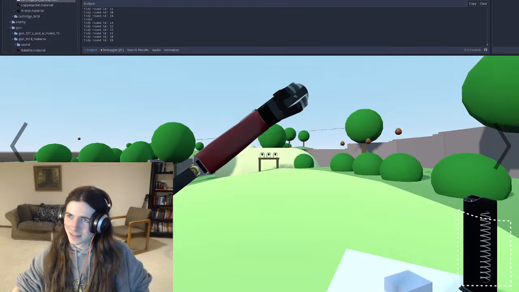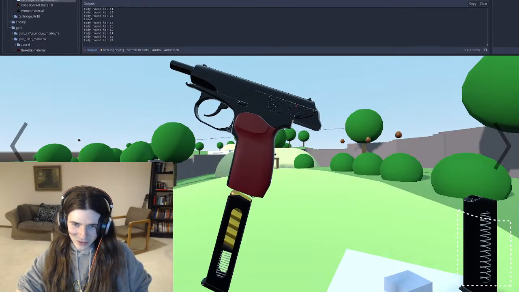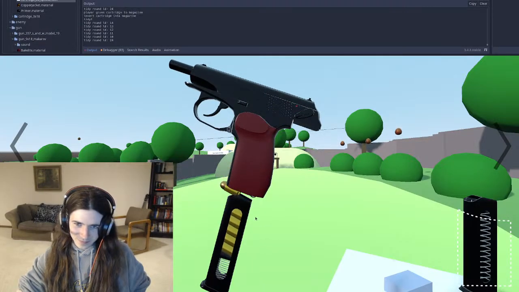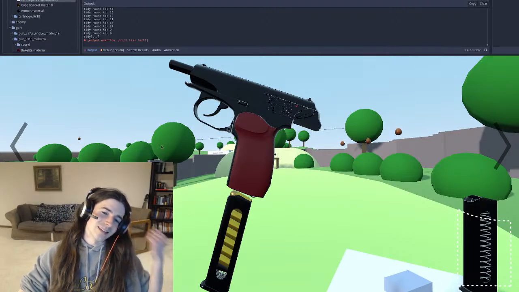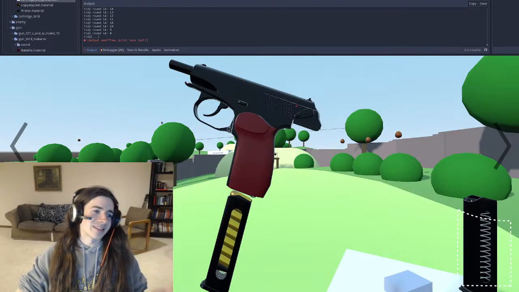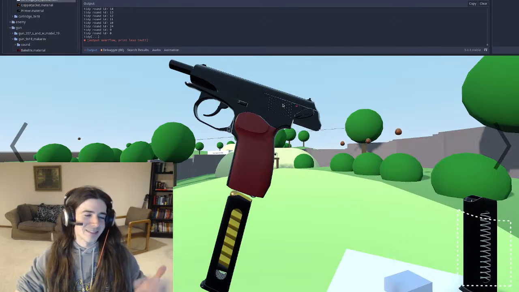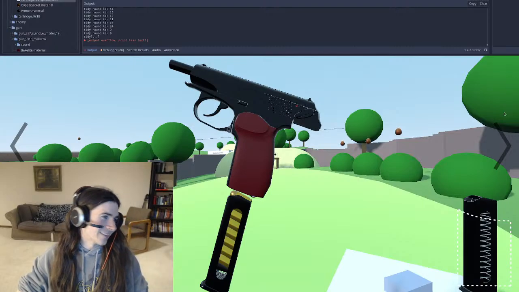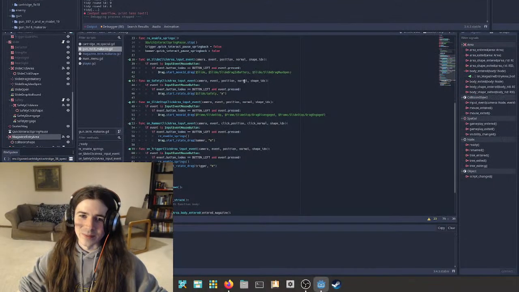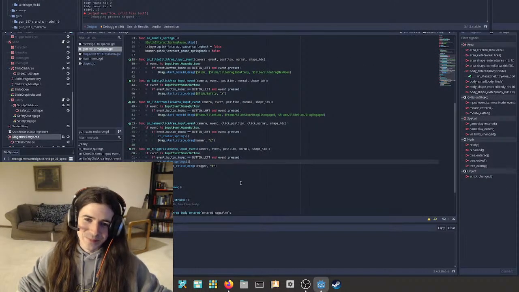Is it full? Nah, it shouldn't be full. Now, what we have to be careful of is you don't want to let them load it if the magazine is inside the gun. That would be bad. So really, we should probably change that. But we'll get there.